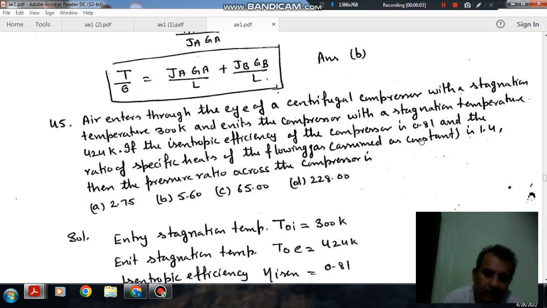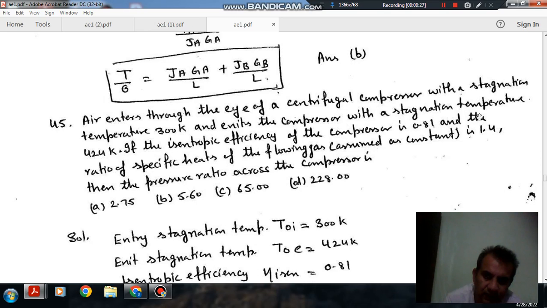Hello, welcome again. We are solving GATE 2007 Aerospace Engineering paper. We are solving only the questions related to mechanical engineering. Question number 45 is: air enters the eye of a centrifugal compressor with a stagnation temperature 300 Kelvin and exits